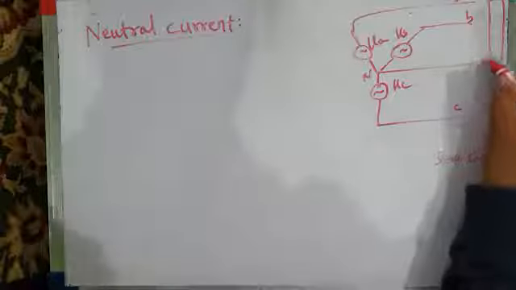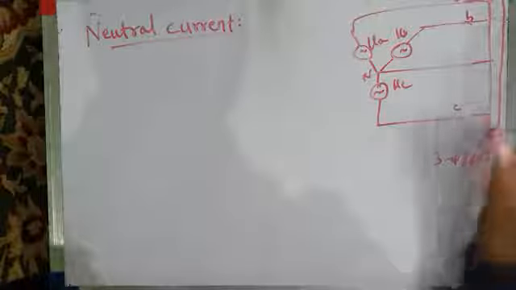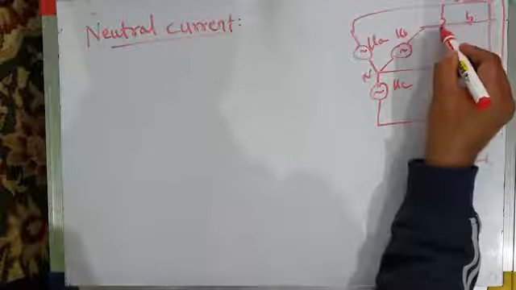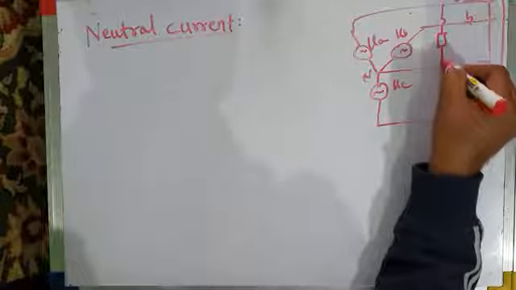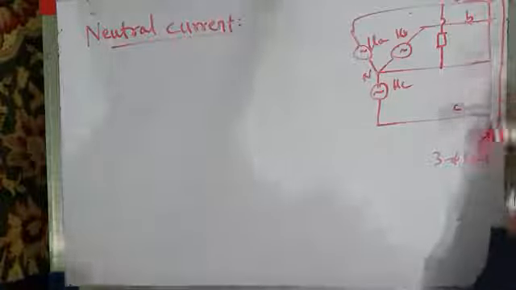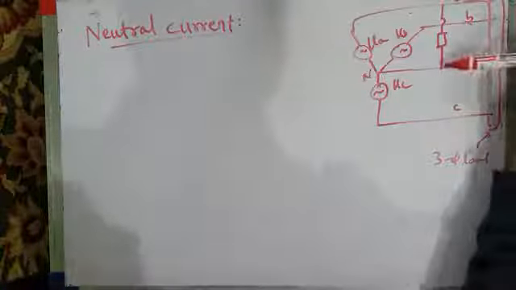But in addition to the three-phase load, let me show the three-phase load along with the neutral. In addition to the three-phase load, it is feeding single-phase loads also. So in the three-phase four-wire system, how many wires are there? 1, 2, 3, and 4. 3 lines or 3 phases and 1 neutral.